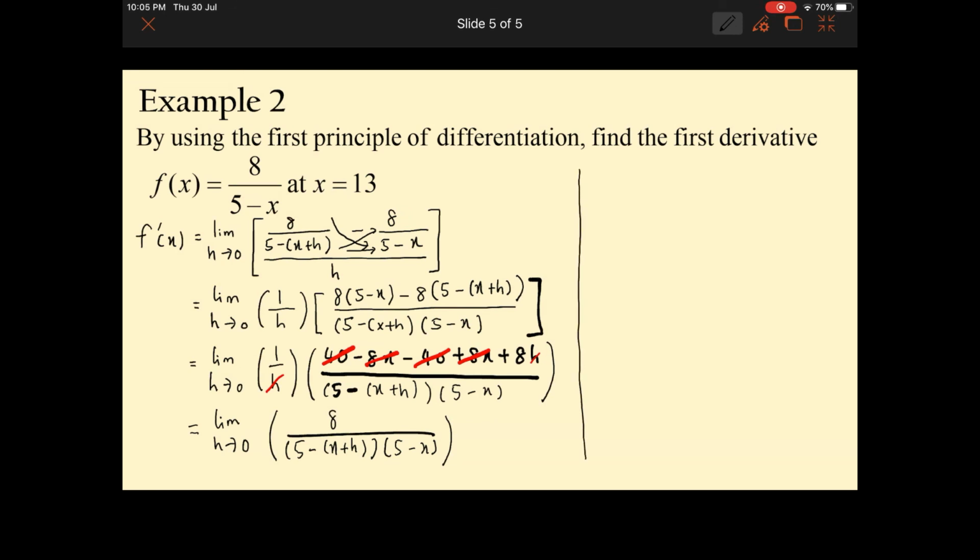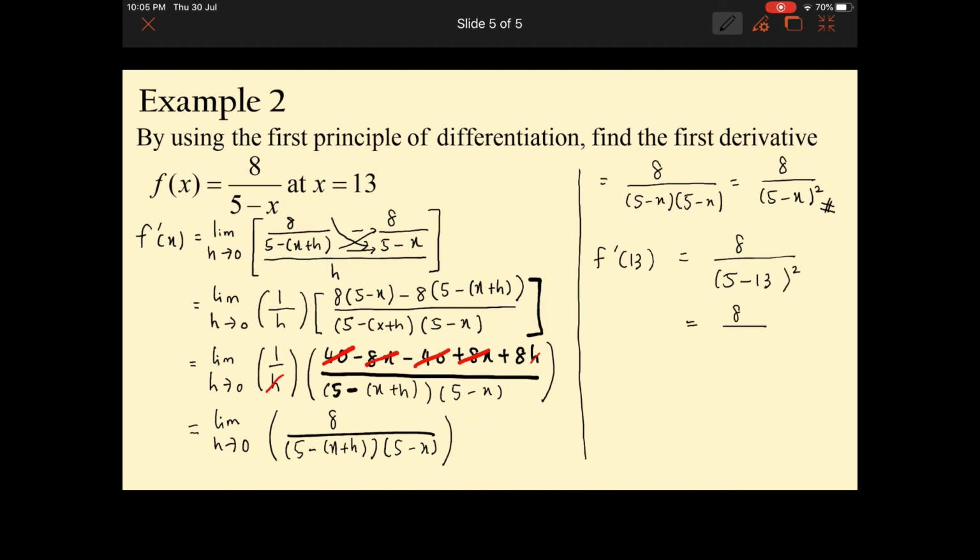So now you can try to substitute the limit value into your function. You will get 8 over 5 minus x times 5 minus x, and this would be equal to 8 over 5 minus x squared, and that is the answer for the derivative using first principle. But then we have to find this at 13. So f prime 13 would be equal to 8 over 5 minus 13 squared. So 8 over 8 squared, your final answer would be 1 over